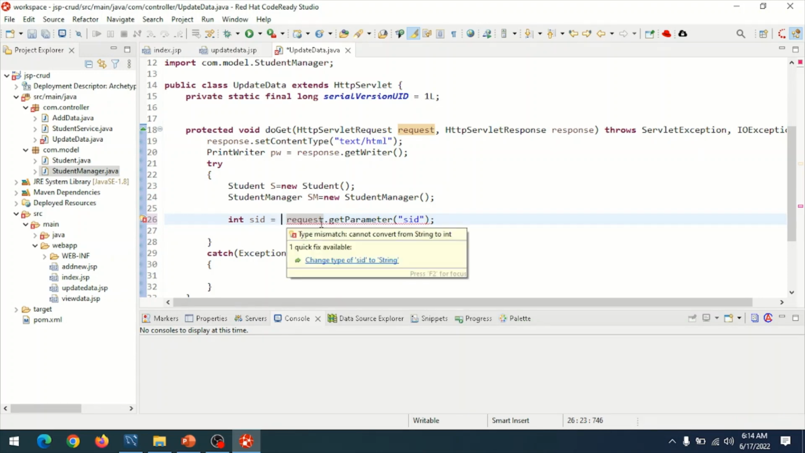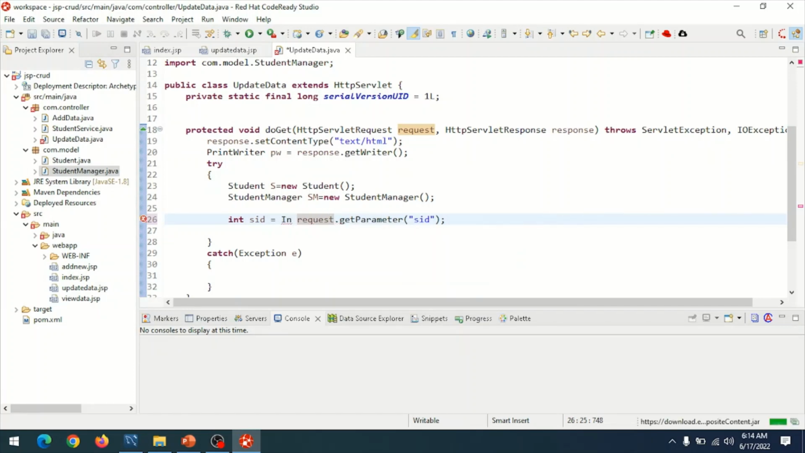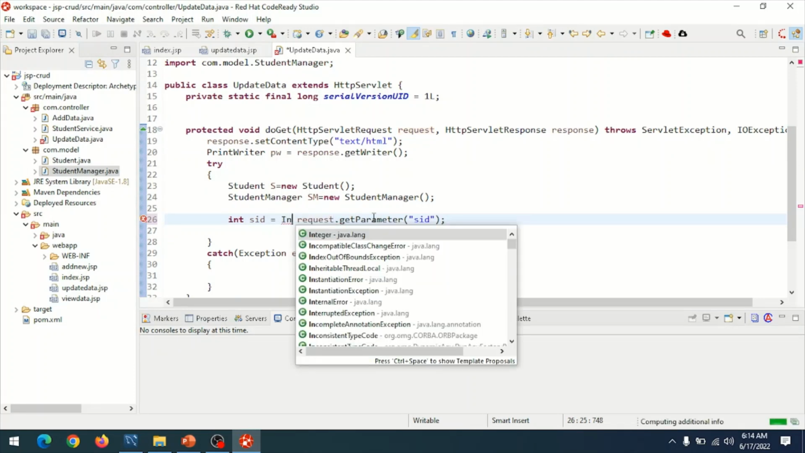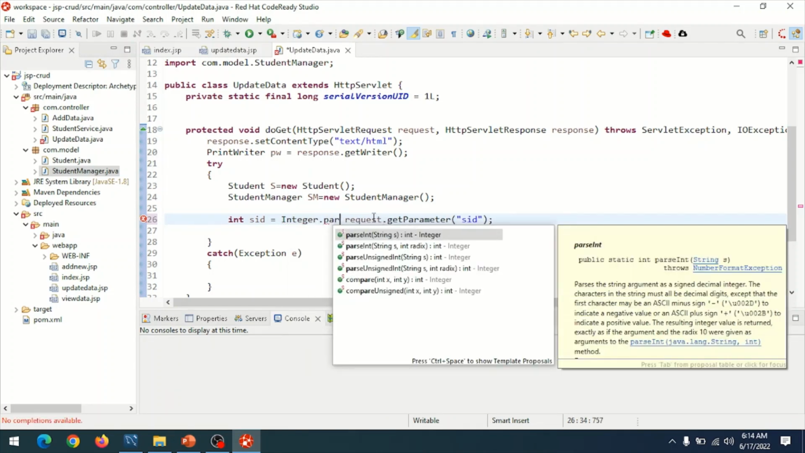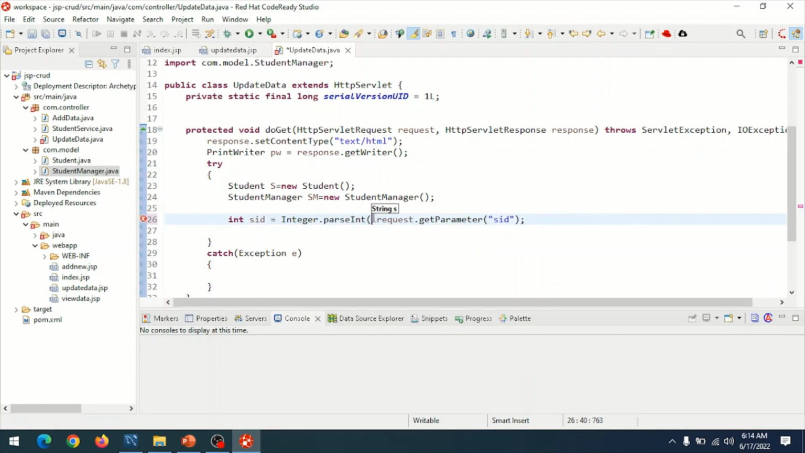So the method get parameter returns a value in the form of string. Now we need to convert it into an integer. So use the class integer and call the method parseInt and place the statement request.getParameter to the parseInt method. So now the request.getParameter retrieves the value from the control SID. The integer.parseInt method converts that value in the form of integer, then assigns those value to the temporary variable SID